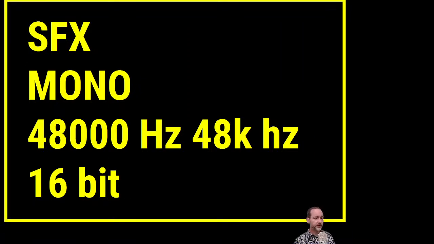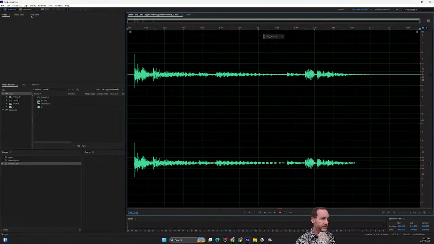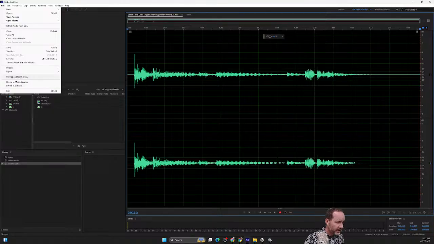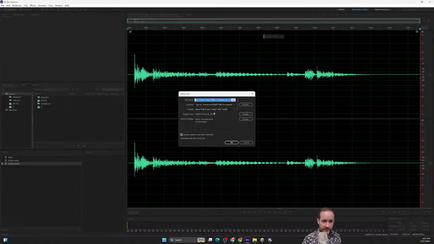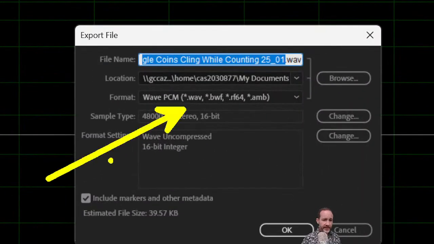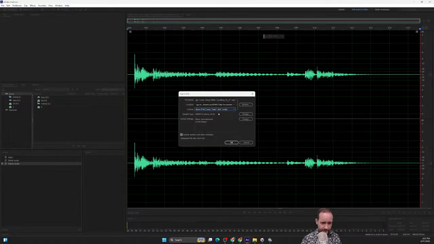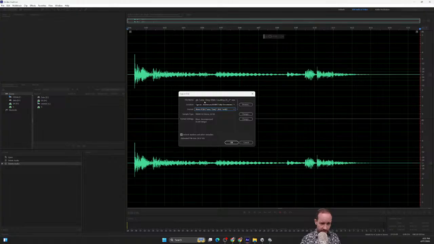If we export this right now, this sound effect is stereo. Mono is fine for us. So if we go into File, Export File, we keep it as a wave, and we want 48, 16, and